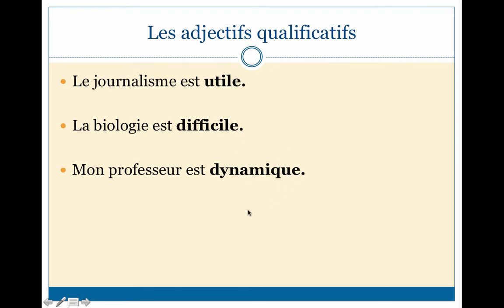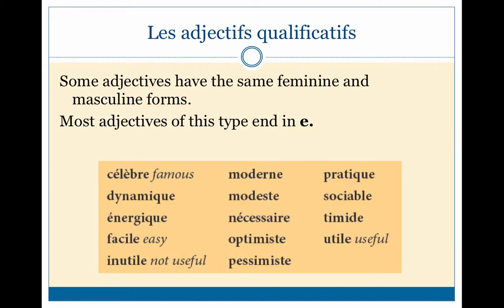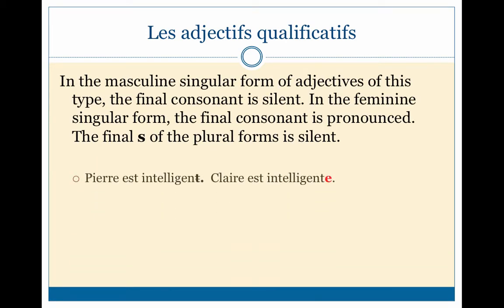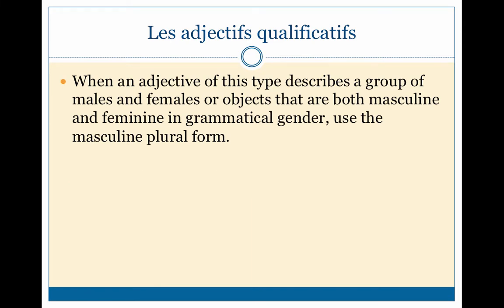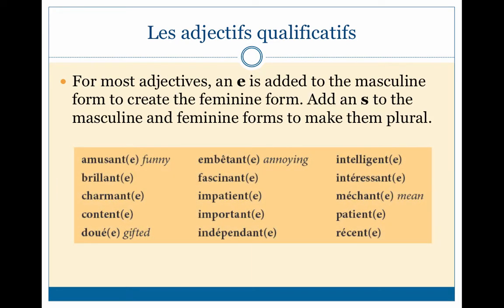Now, the one caveat that we have to talk about, and excusez-moi un moment. If we look at adjectives like this that end in an E with an accent aigu, because that accent changes the pronunciation of the word, that's the only time when an adjective ends in an E that we would actually add another E. Only when it has that accent aigu on that E would we treat it just like any other normal noun.